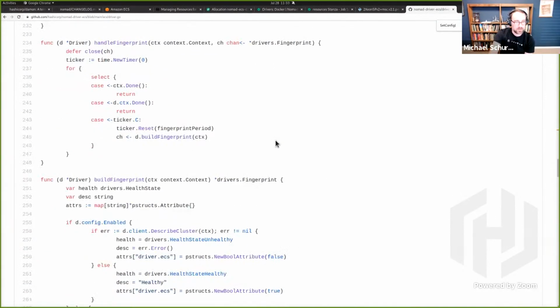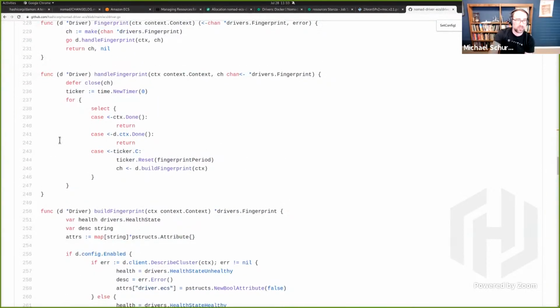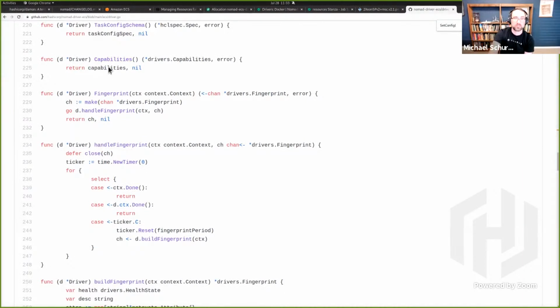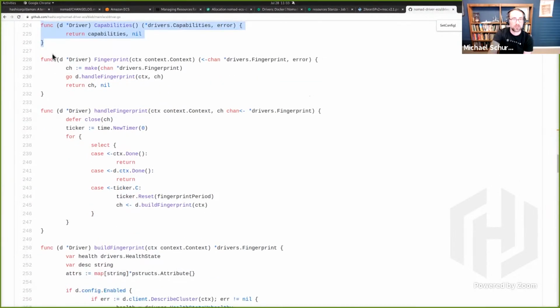Trying to get to fingerprinting. Capabilities I'll show in a second, but again, it's just more metadata to be returned to the Nomad client. Fingerprinting is more metadata to be used by the Nomad agent and by the Nomad scheduler for scheduling.